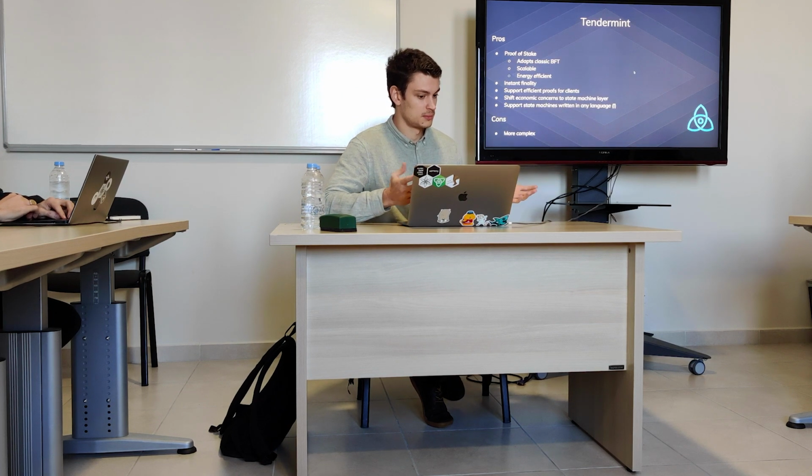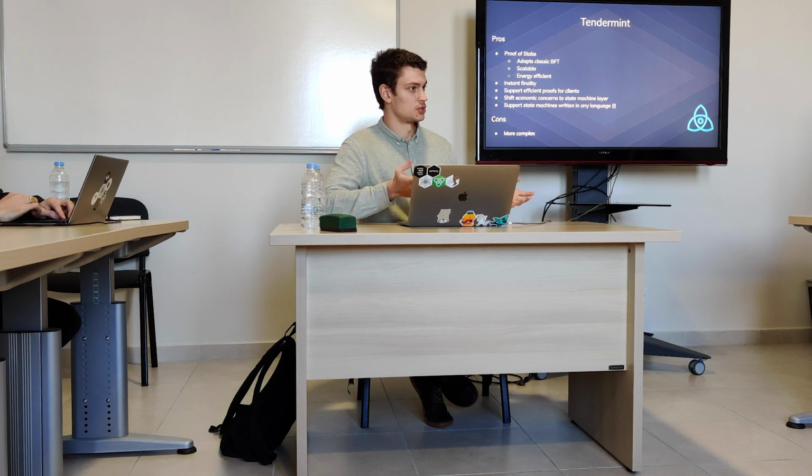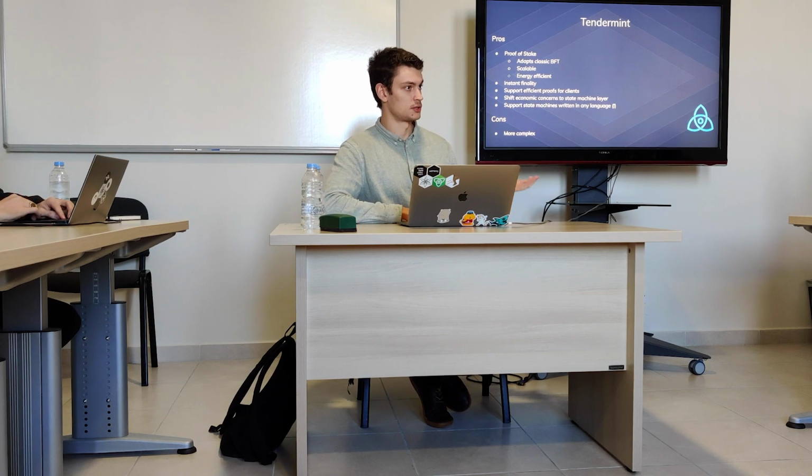So Tendermint's proof of stake is actually based on weight, and so essentially you just have to have a certain weight associated with a validator. So you can run proof of authority, you can run proof of stake, and also, if you really want to, go back to the Stone Ages in the blockchain world, you can go back to proof of work within Tendermint. It has instant finality, so you are waiting for the votes to come in